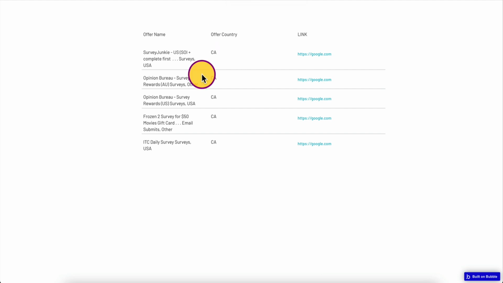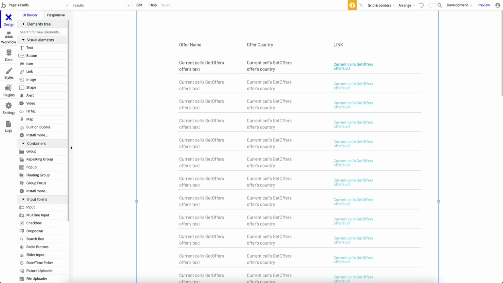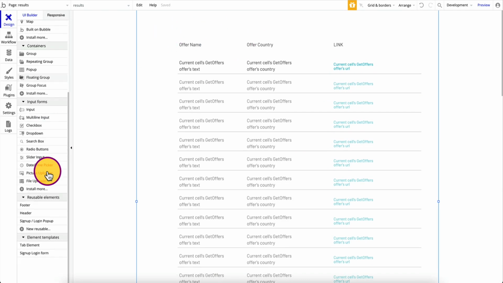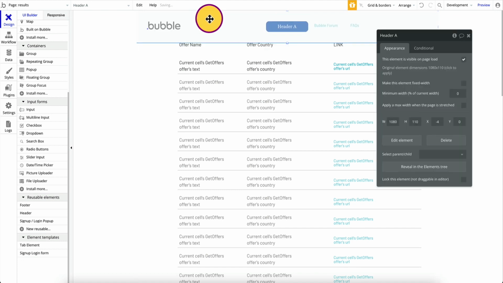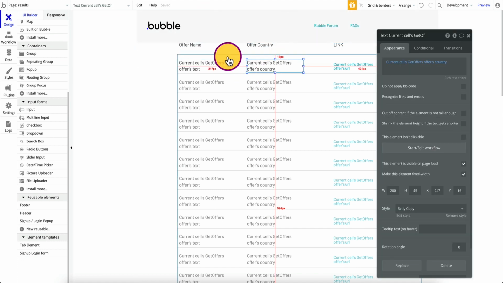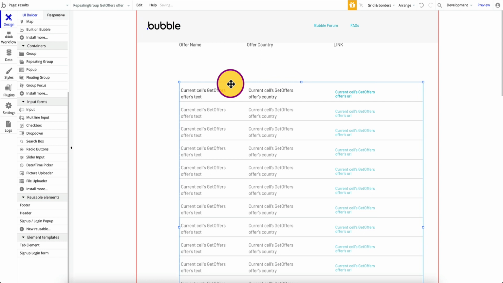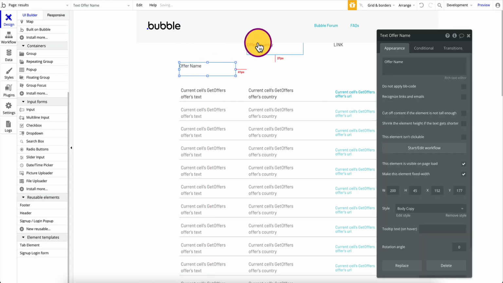And now the user feels that they're engaged. They feel that they're actually participating in picking different offers. And like I said, you can have your header, you can have a reusable element. So I just drag the header. I can modify it. I can drag this a little bit lower. I can do so many amazing things with this specific tool, and it's all 100% free for what we're trying